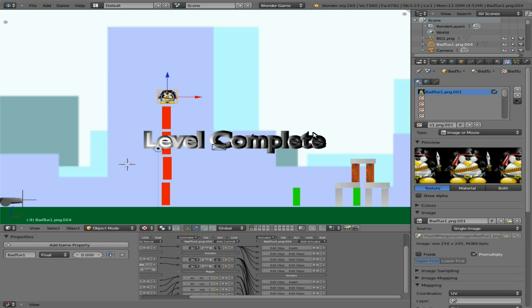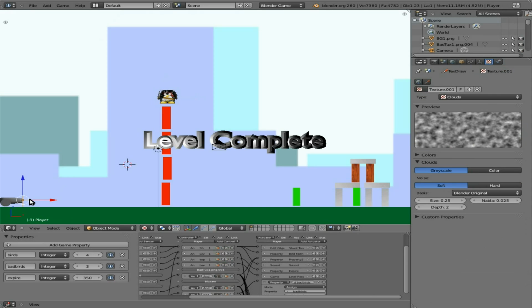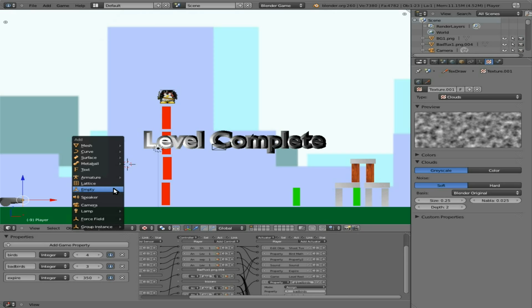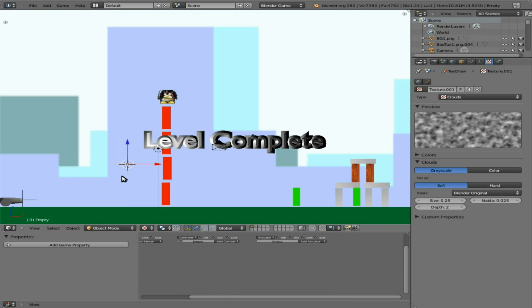This is something that could wait till the end of the game, but since I plan on having a lot of them, might as well start adding stuff in now. Now, I could just link the cheat codes to our empty player here, but what I'm actually going to do is hit Shift-A and add in another empty. That went right there, and I'm going to rename it